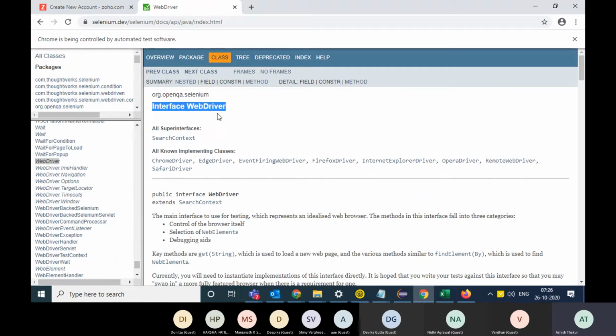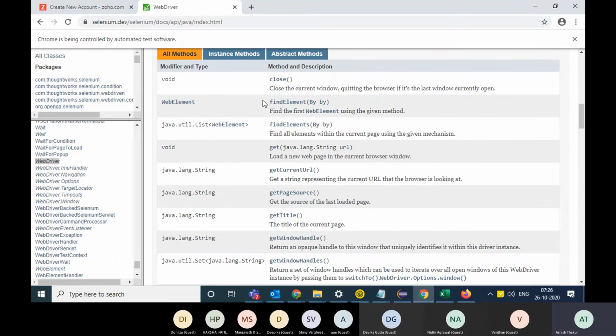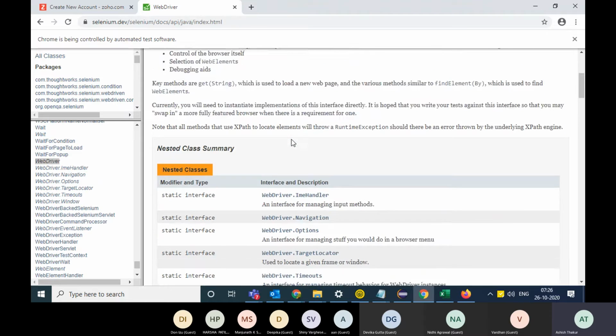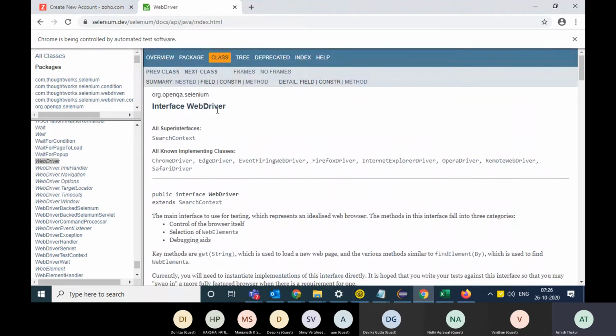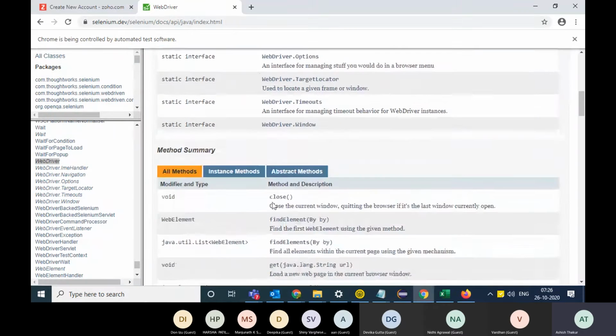Okay, now if you look at the WebDriver interface, there is a function in it known as findElement. This function will be there in all the implementing classes.